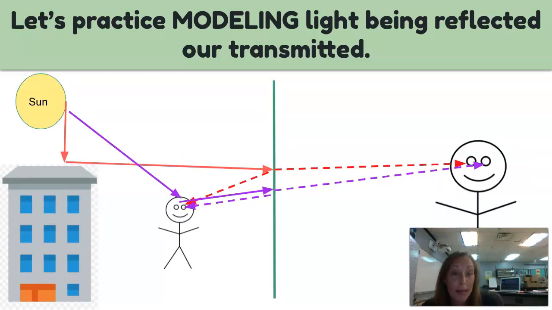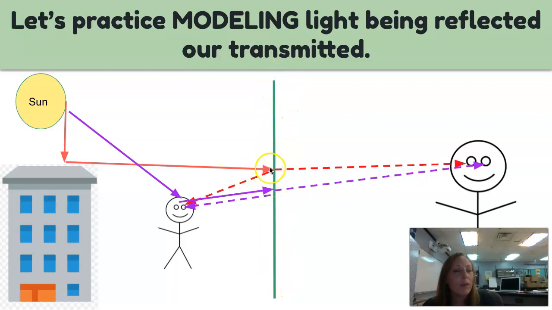So here's my model. It's a simple model. I'm doing the building reflection, not the sky. I could have made this a cloud. But here's my light source, because we always have to have a light source. And then I'm pointing my light in straight lines. It's hitting the building, reflecting, bouncing off of the building, and hitting, this is the glass on the other